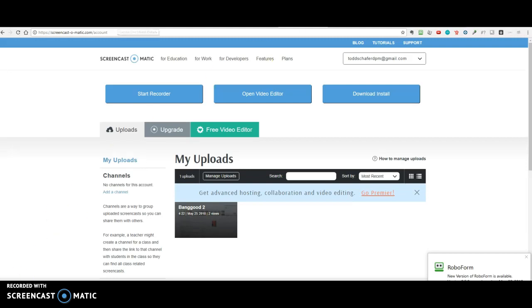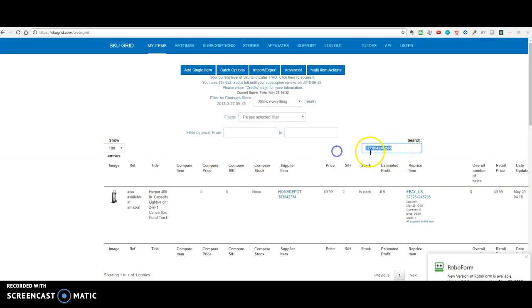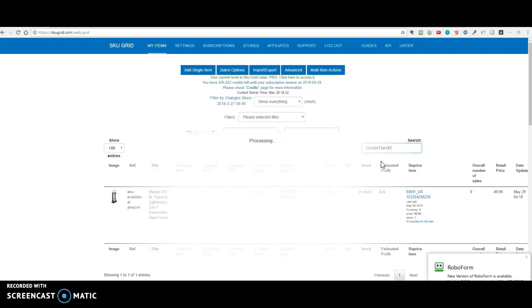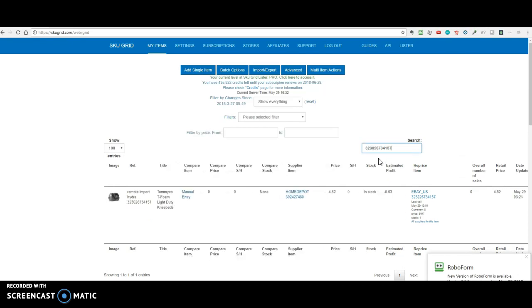All right, so here we go. What you're going to want to do first is go to SKU Grid. This is where you change it. You don't change it at eBay, because if you change the price in eBay, SKU Grid is just going to change it back. So you can see right now we're charging